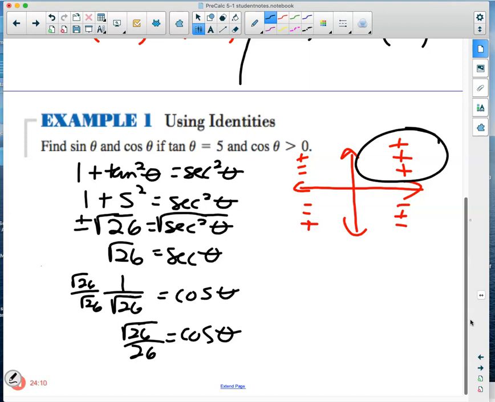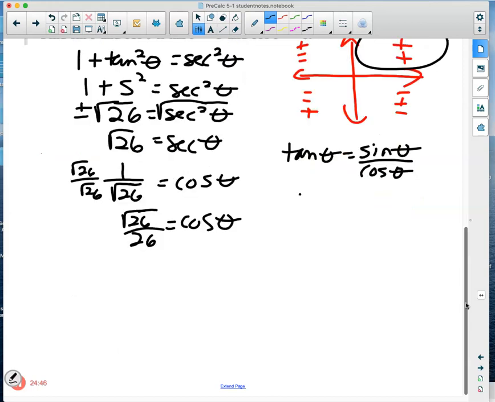Well, I have a cosine, but they also wanted me to find sine. So what I want to do is think, how could I get that with all the identities? Pretty obviously, I could use sine squared theta plus cosine squared theta equals 1, but there's an easier one and a faster one, and that's using tangent as sine of theta over cosine of theta. And because we have to get used to that one, that's the one I want you to write down, because it makes the math a lot easier with many of these. Because we know what tangent is, they gave us that. It's 5. And we just found the cosine of theta. We said it was the square root of 26 over